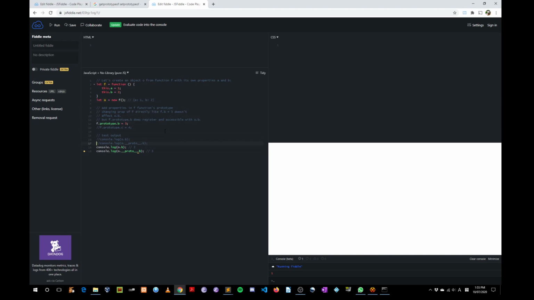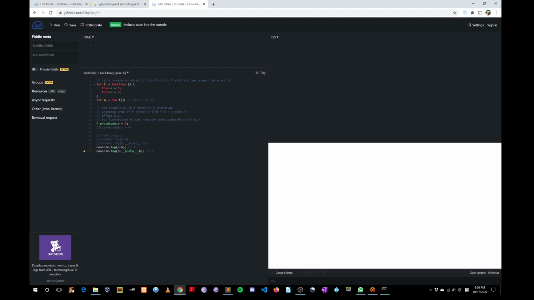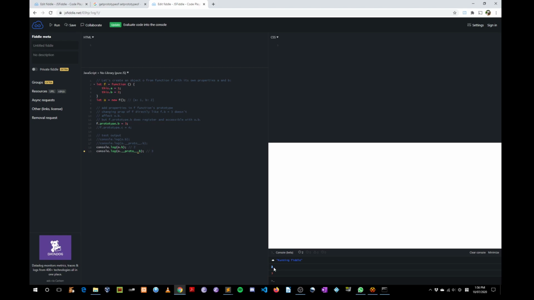They are on different levels of the prototype chain. Line 18 just directly accesses b of object O. Line 19 tries to access b up the prototype chain. So we would expect the console output to be 2 and then 3, right? It is as expected. Well, there's one more thing you should know about,